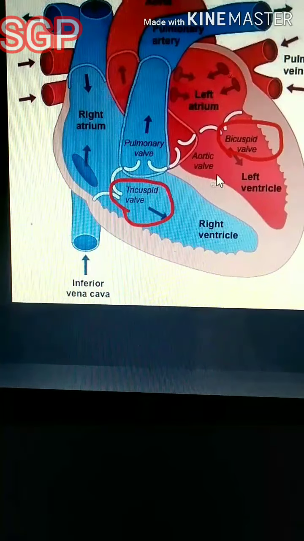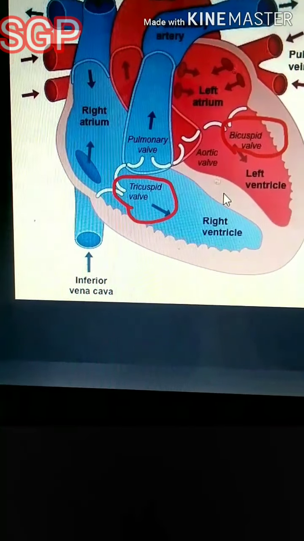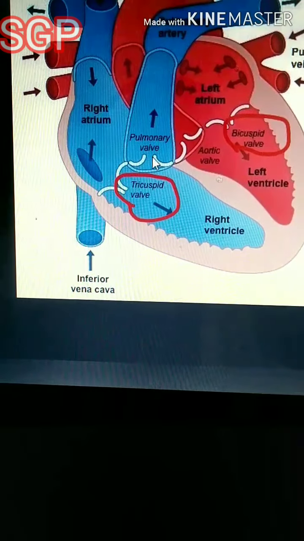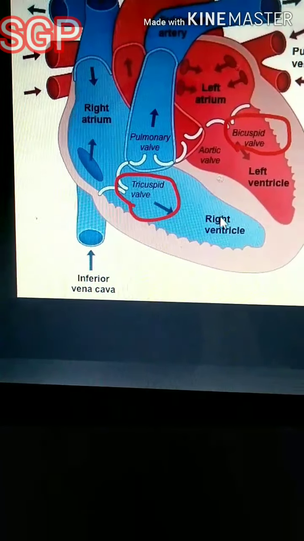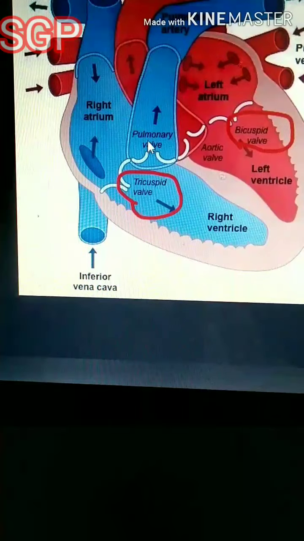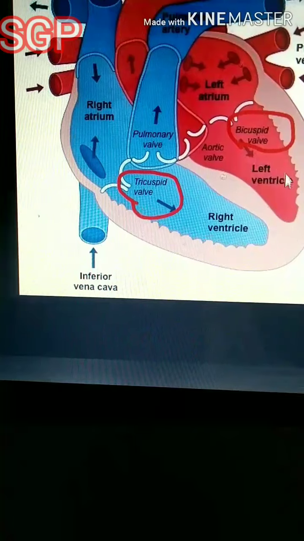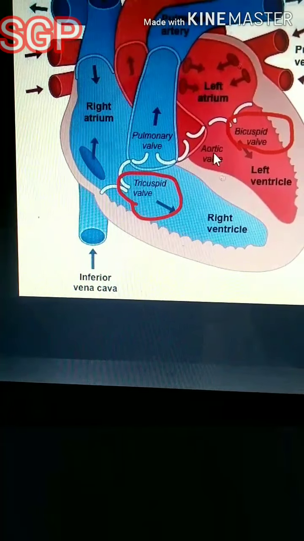Two more valves, called semilunar valves, are present: the pulmonary valve and the aortic valve. From the right ventricle, the pulmonary valve opens into the pulmonary artery, and from the left ventricle, the aortic valve opens